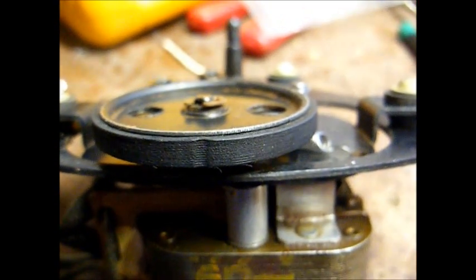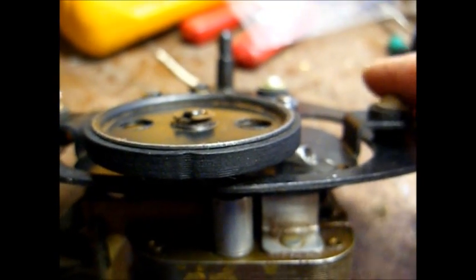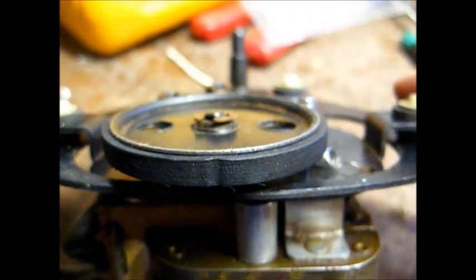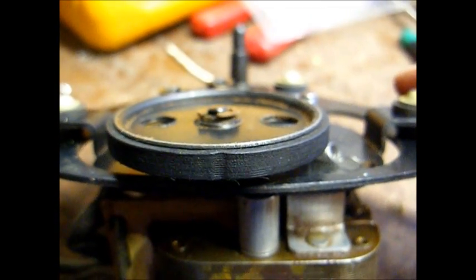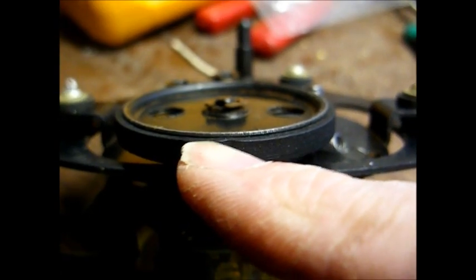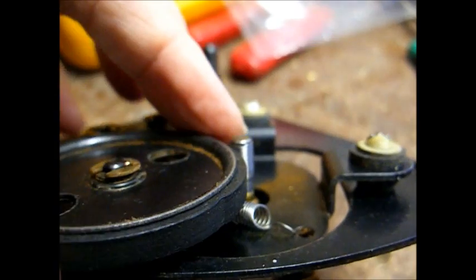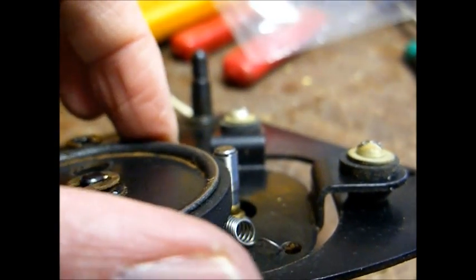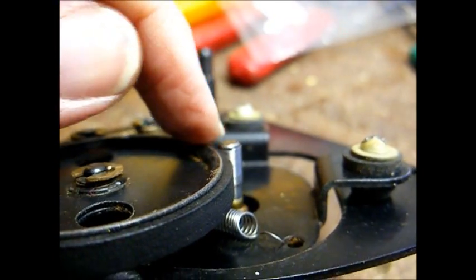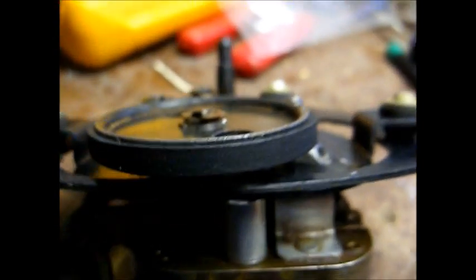Okay, we have the mechanism all cleaned up, re-lubricated, and put back together. We replaced the rubber motor mounting grommets. It now seems to run, except for one problem. As you can see, the idler wheel has a notch in it, and that's a result of this record player sitting idle for 50 or 60 years, and the wheel resting up against the motor shaft is what caused that notch to appear. The result of that notch is,